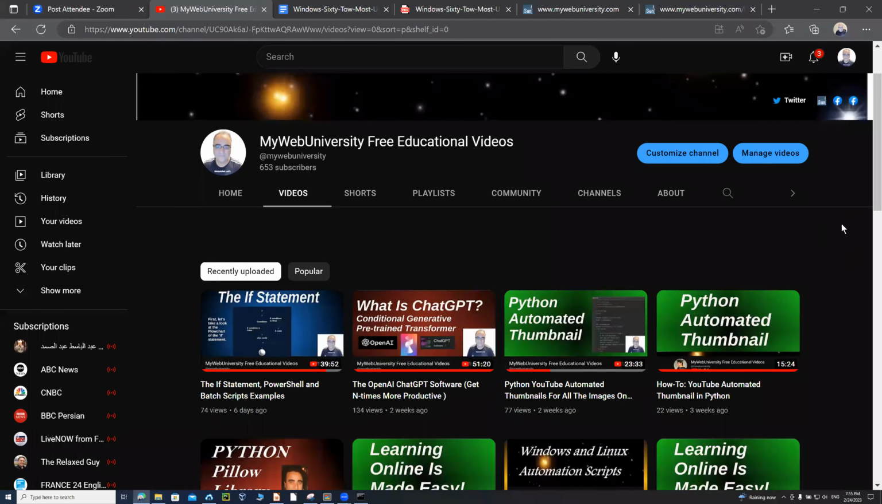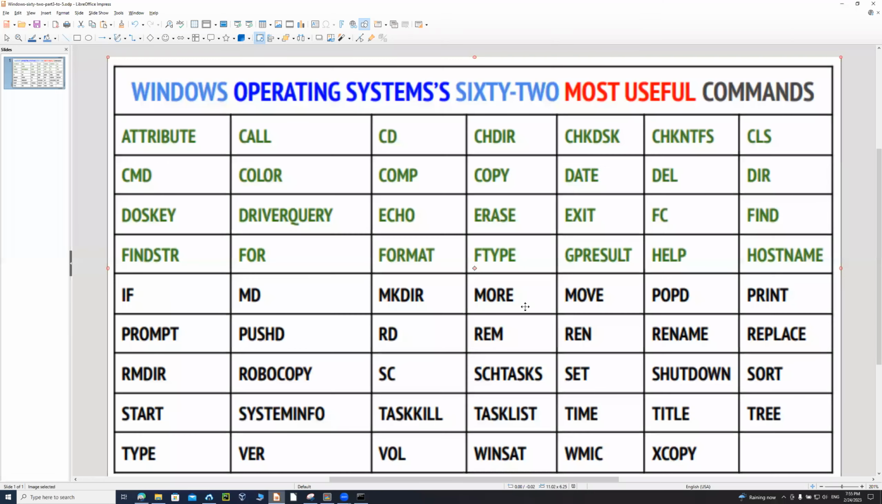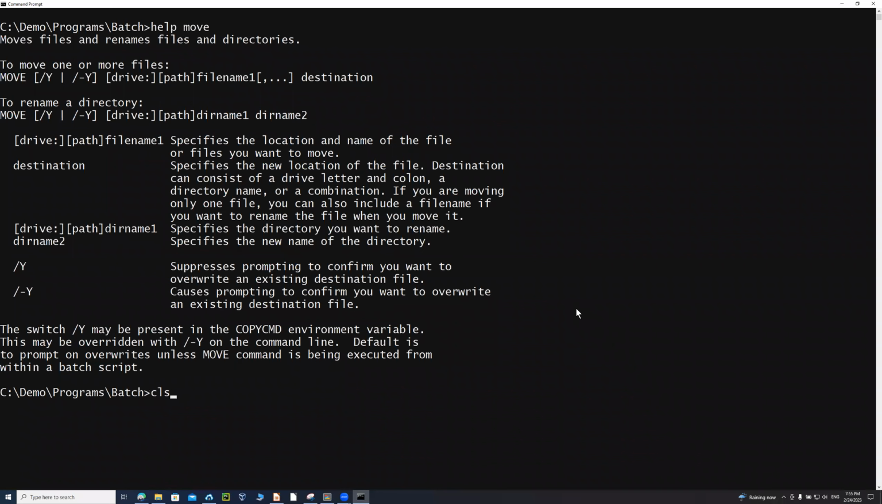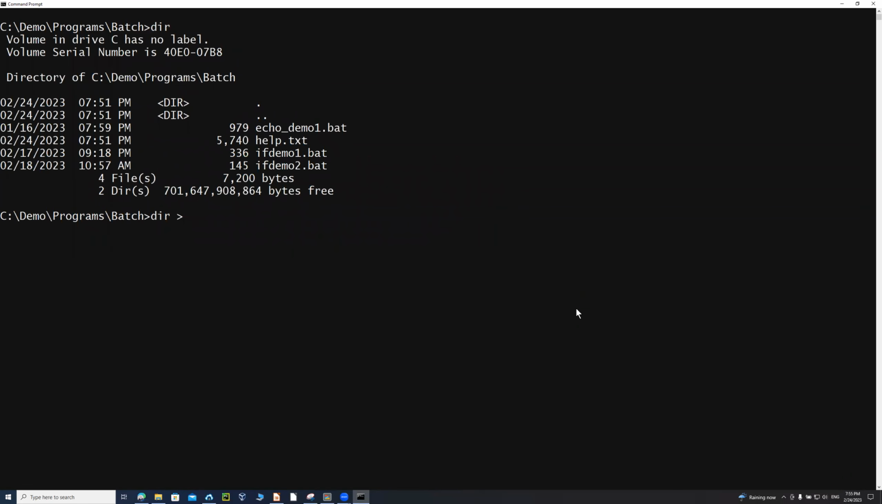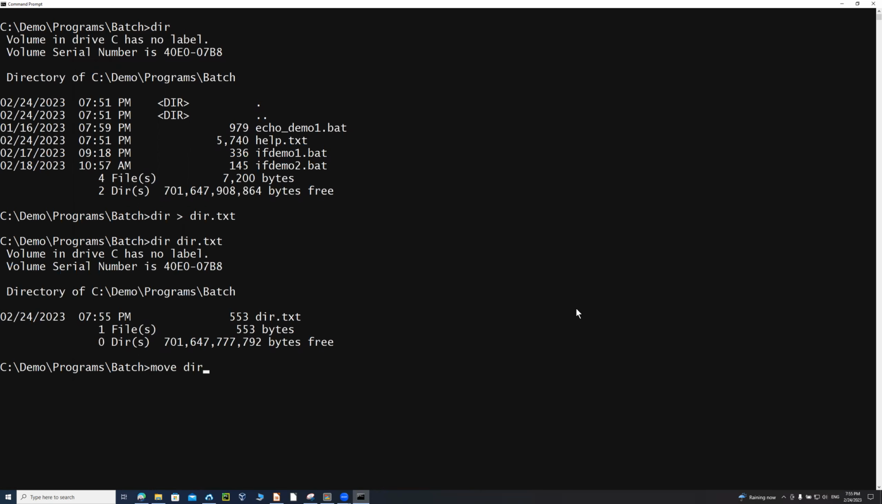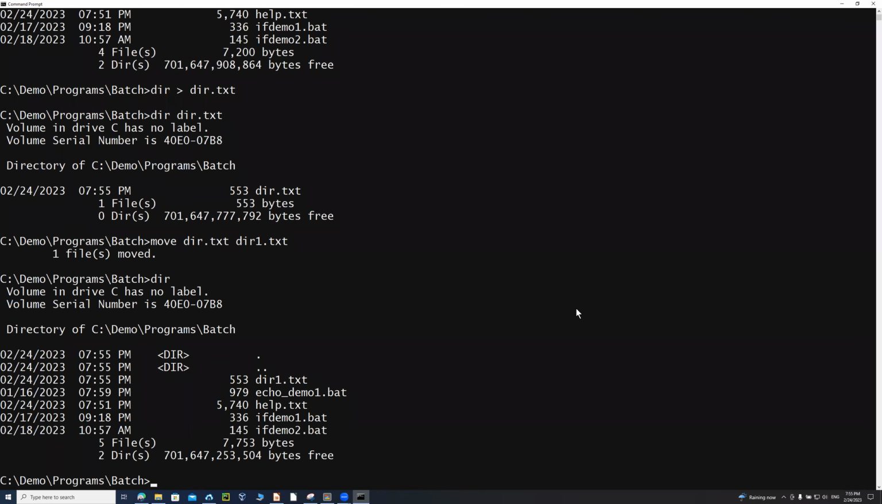So let's just go to the next one that I'm going to cover on the command list. So we covered more and move. Move, I'm going to give you examples. So here I'm going to clear the screen and do a directory. If I say dir and I say dir.txt, I just created that dir.txt here. So I can say move dir.txt dir1.txt. Now I just renamed it by using move. I could also move it to a different location. For example, I say move dir1.txt to the